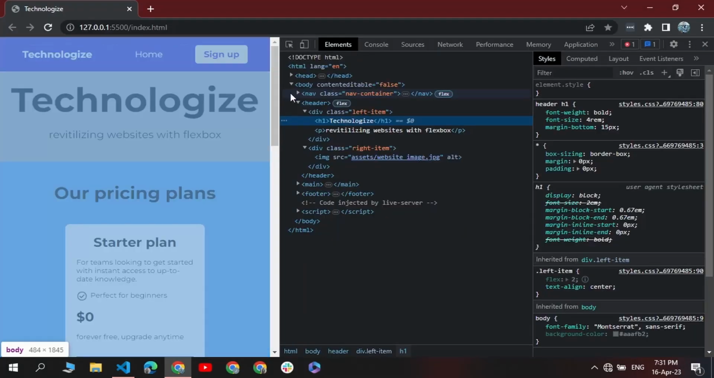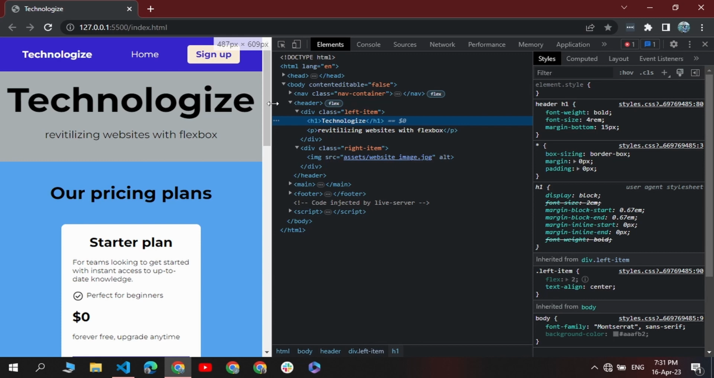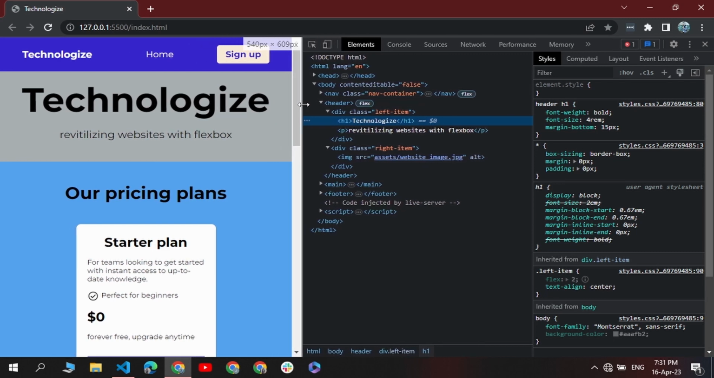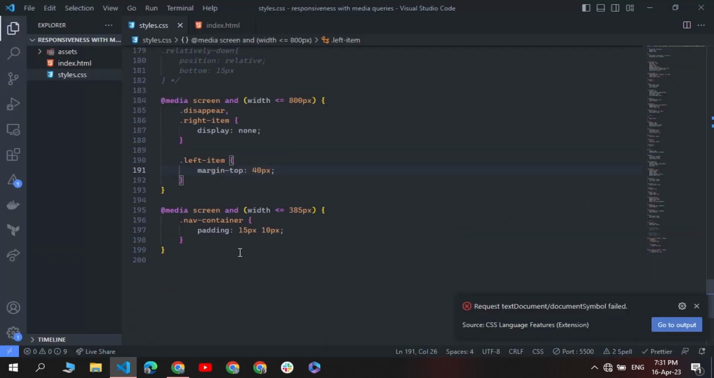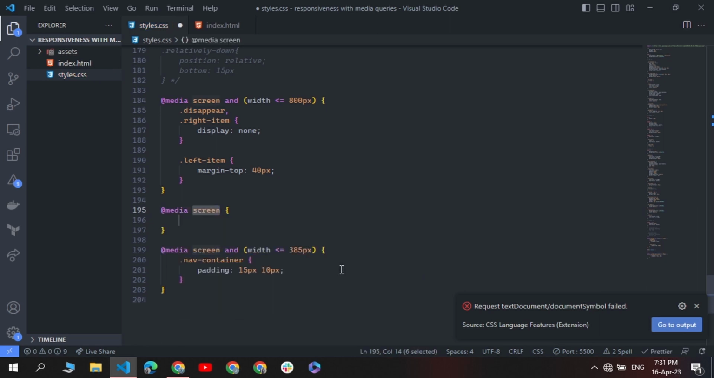So we are going to say, as we said, from browser width of 550 pixels. So I'm going to come here, media queries. Let's make the media queries be in chronological order, descending order of pixel value. So I'm going to put it in the middle of the 800 pixels media query and the 385 pixel media query. So I'm going to select here and say add media screens,